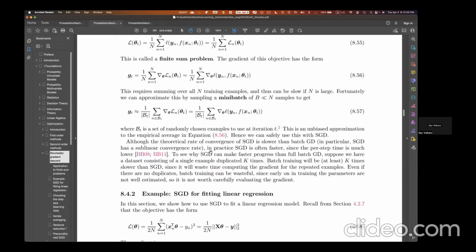And as has been found, SGD, which is each individual data point based gradient calculation after loss calculation, actually makes faster progress, because the per step time is much lower. But people generally don't do that because it is a waste overall in the big picture. It is a waste of time computing the gradient for the repeated examples, and therefore, or even if there are no duplicates,